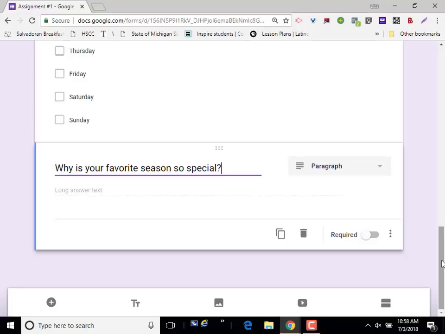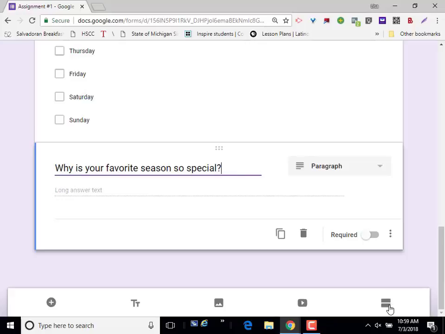Google Forms will also allow you to insert an image. If you look at the bottom of the screen in the center, we can add an image inside a form. We can also add a YouTube video inside a form. It doesn't have to be a YouTube video, it could be your own video if you had some through Google Drive, for example. And Google Forms also allows you to insert a divider in new sections, and that's the button